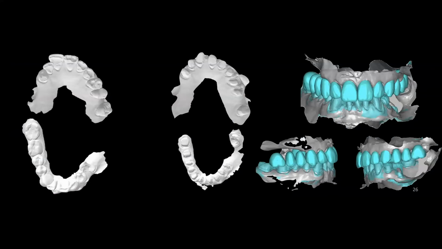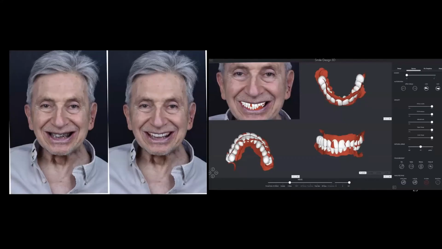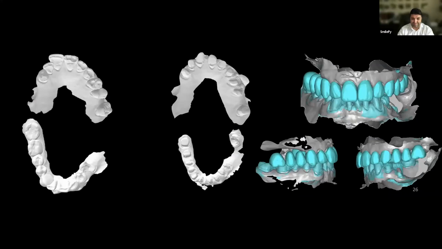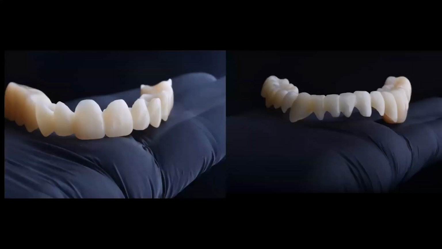Second step is the project, 2D, then 3D. Second appointment, in this case, I milled all the patient's teeth and created this.